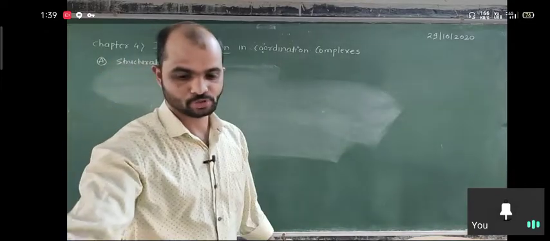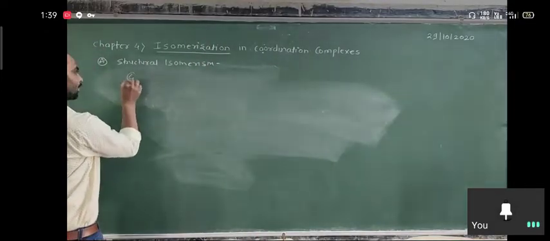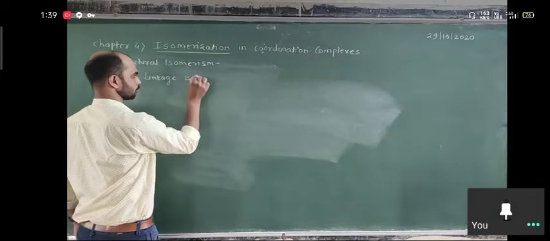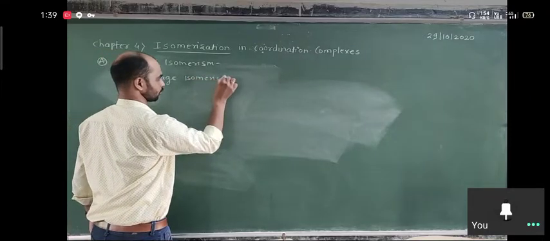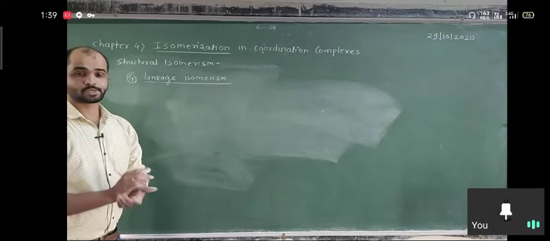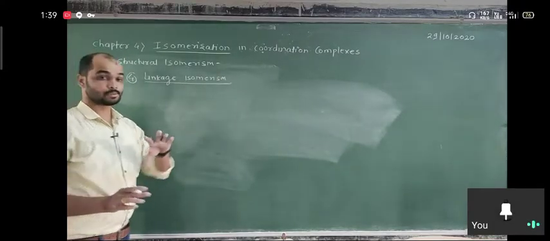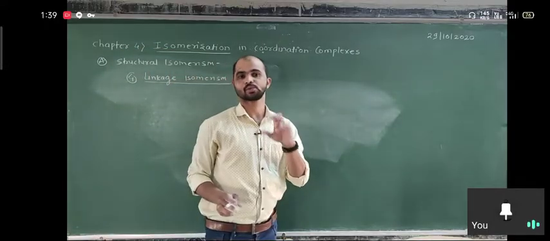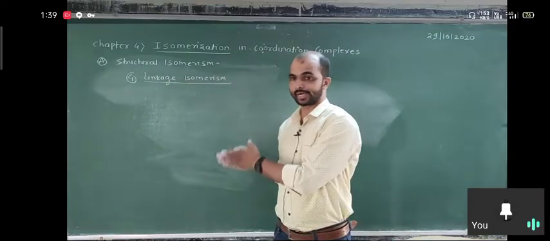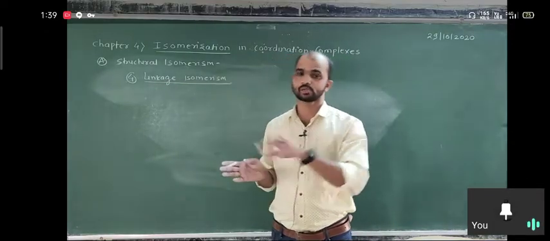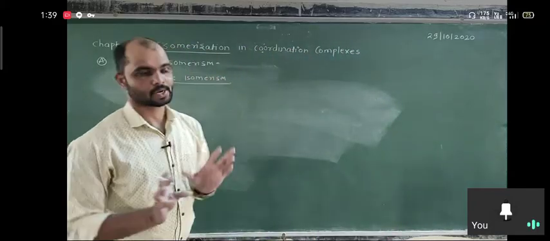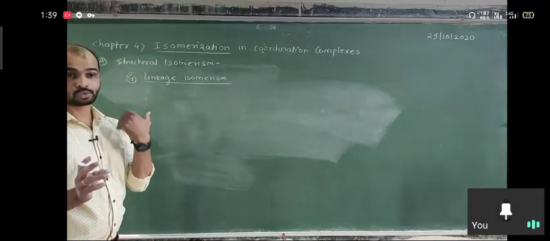The fourth type we are going to discuss is linkage isomerism. Some more examples are given to you in the notes. So linkage isomerism means what? I already told you some monodentate ligands in themselves have two donor atoms. In some complexes, they donate the electron through one atom; in the second case, they donate the electron through another atom. But the nature of the ligand is monodentate, not bidentate or tridentate. A bidentate ligand donates the electron through both atoms.